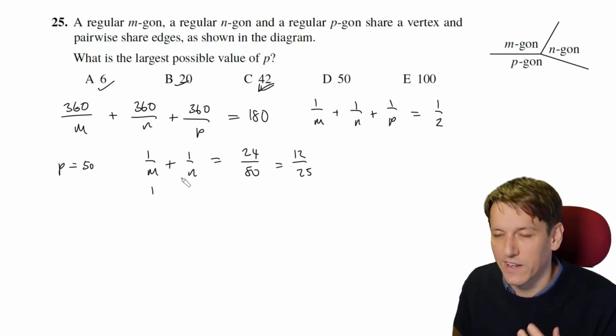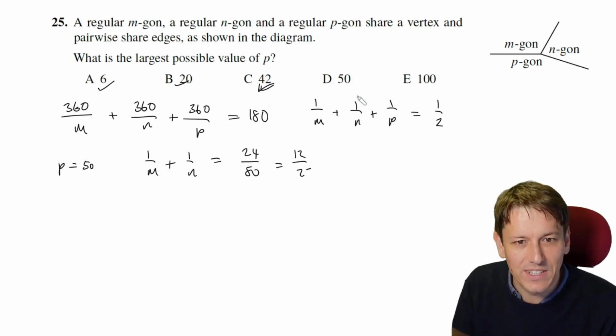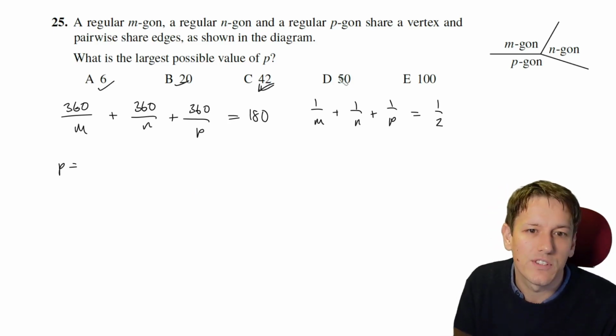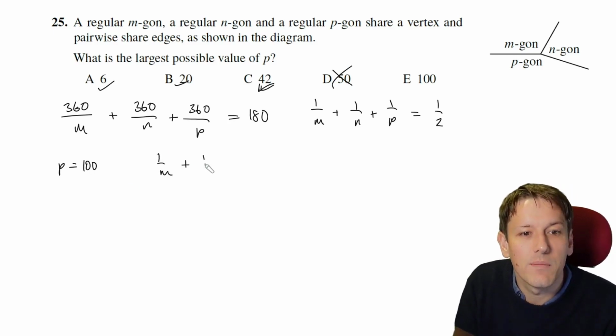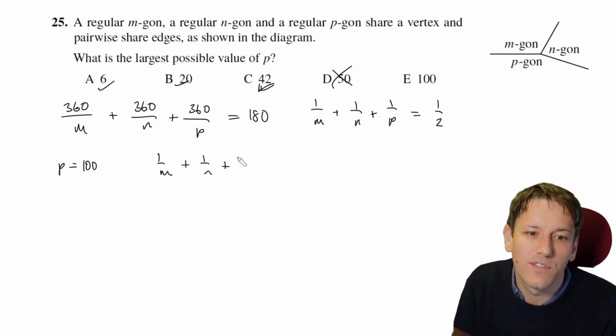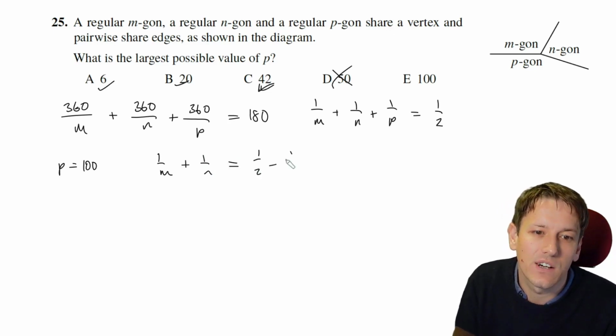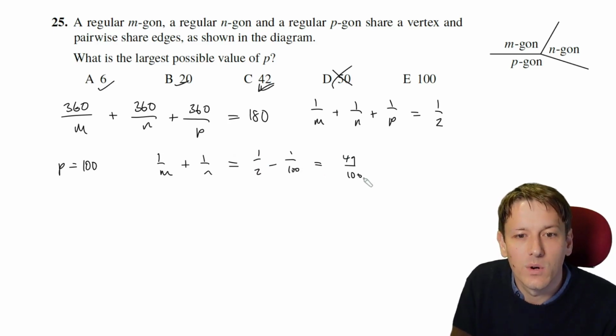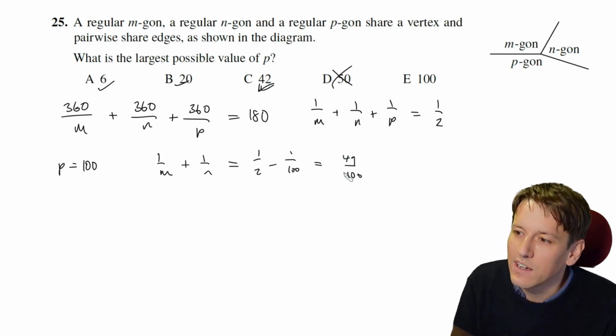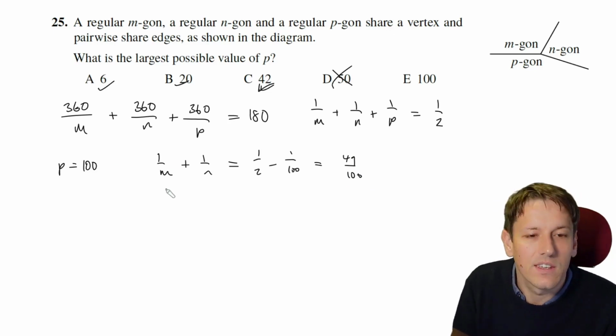Okay, I'm doing this in a bit of a hacky maths challenge way, but we can see here that D is not possible. And we can also see the same for 100. If you do 1 over m plus 1 over n plus 1 over 100 equals 1/2, I would need 1 over m plus 1 over n to be 1/2 minus 1/100. That would be 49/100. In the same way, I need a factor of 25 in one of these fractions, so